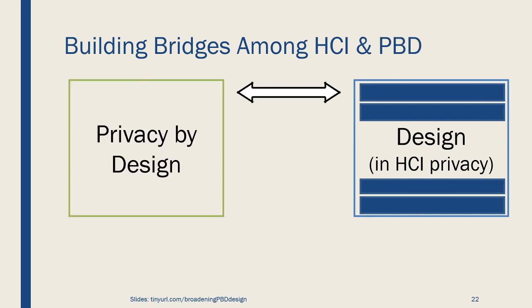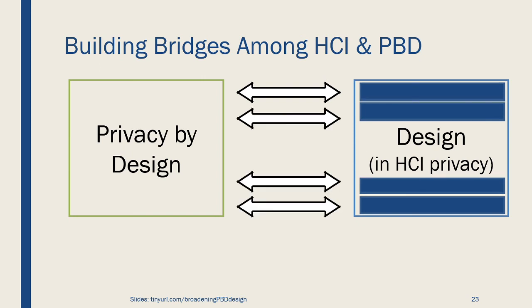Argument 2 is that privacy by design has largely, though with some exceptions, thought about design as a problem-solving process. Privacy by design research and practice could expand on that thinking of design to make more use of a fuller breadth of uses of design that are reflected in HCI. So what might some of these collaborations look like if we make use of more of design's breadth?